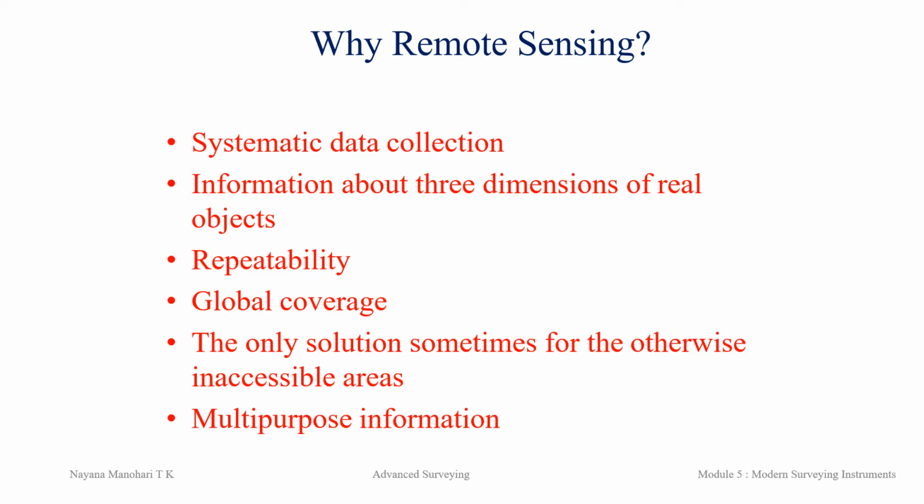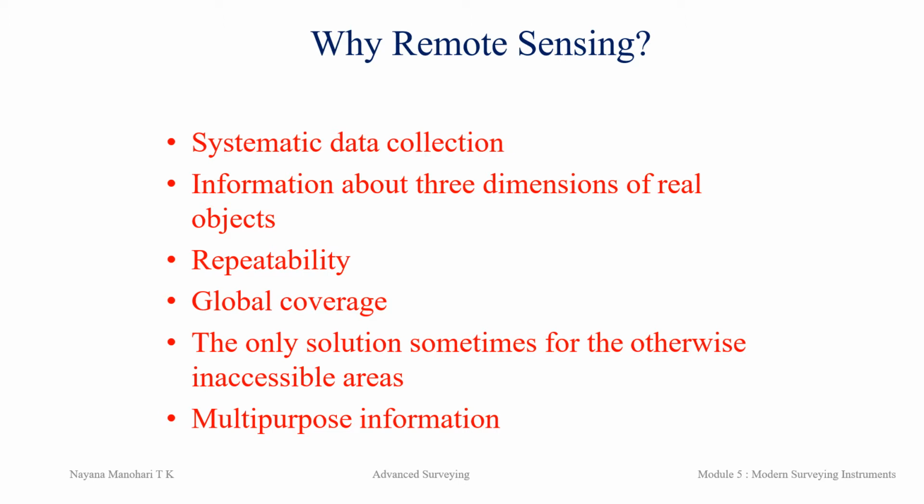Next is why remote sensing, that is the necessity as well as the importance of remote sensing. With the growing population and rising standard of living, pressure on natural resources has been increasing day by day. Therefore, it becomes necessary to manage the available resources effectively and economically. It requires periodic preparation of accurate inventories of natural resources, both renewable and non-renewable. This can be achieved through remote sensing very effectively.